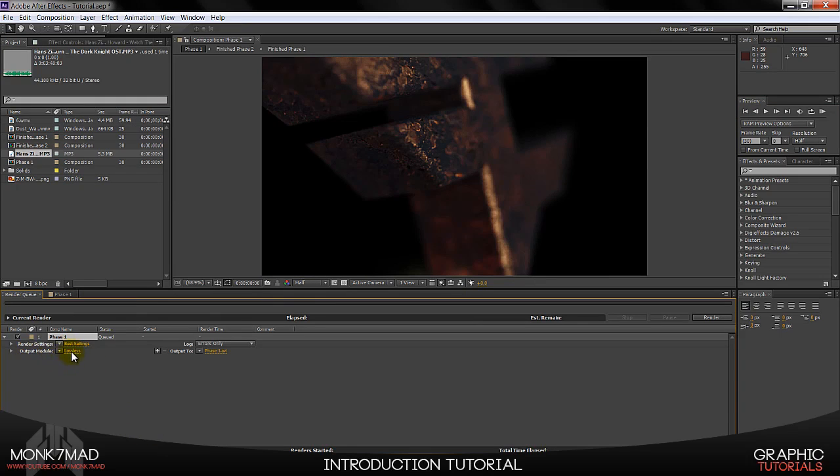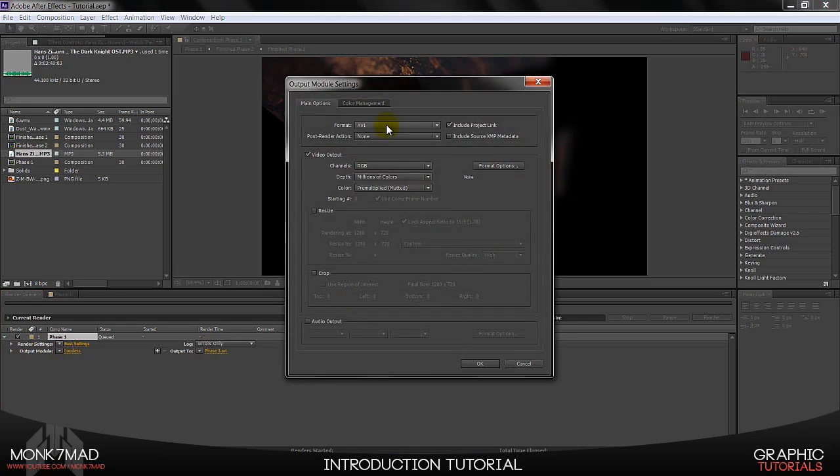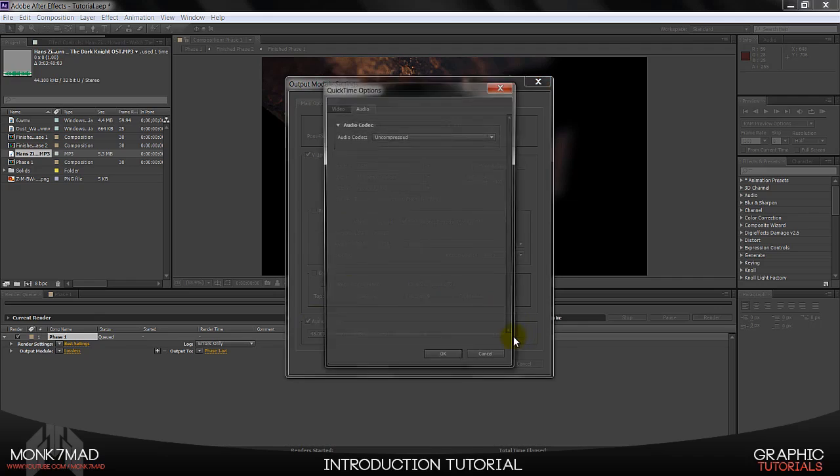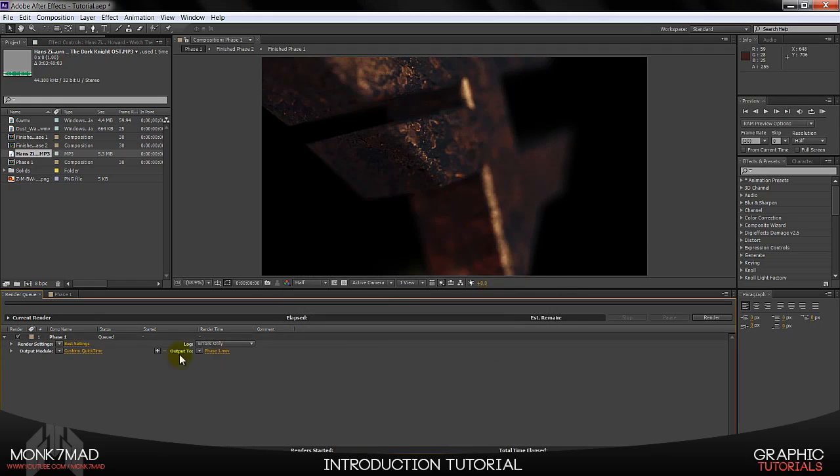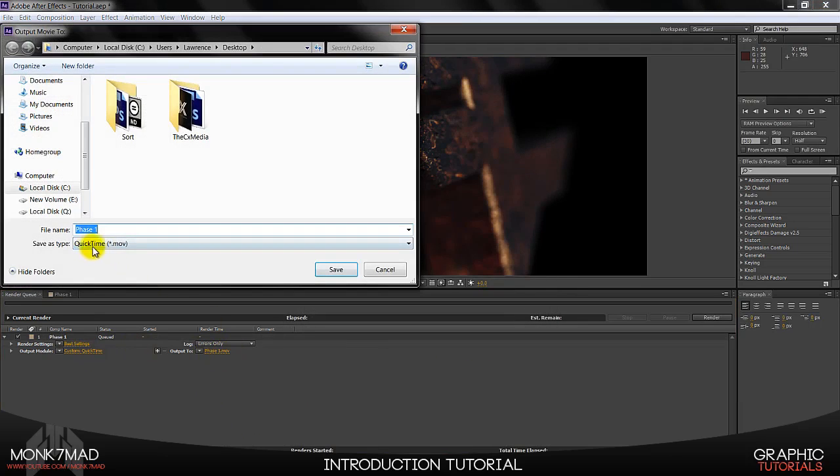Really nice turnout. So output module, click on where it says lossless. Change the format to QuickTime. If you've added audio, enable the audio output, and you can change the audio type if you like. Make sure it's on stereo. That'll do. Okay. And because I'm using QuickTime, it changes the format to a .mov file. And I'm also going to change this name, so I'm going to just call it tutorial element 3D